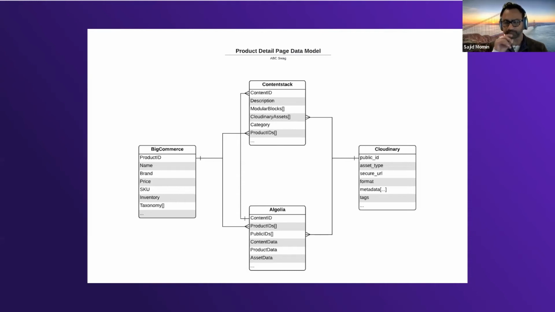As for Algolia, we don't consider ourselves a source of truth, because the other places have all the updated information. We index the content as it's coming from Contentstack, since it's the hub of all these integrations from BigCommerce to Cloudinary. Any changes happening from products to categories will make their way to Contentstack and eventually into Algolia. The only integration that we have from BigCommerce to Algolia is the inventory itself.